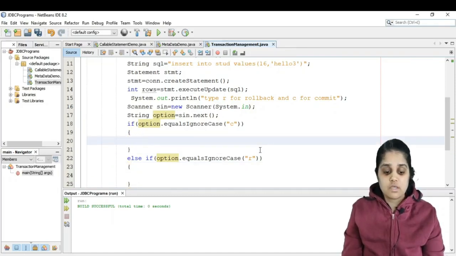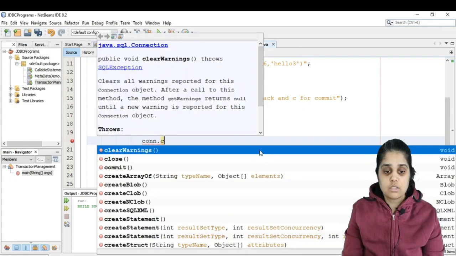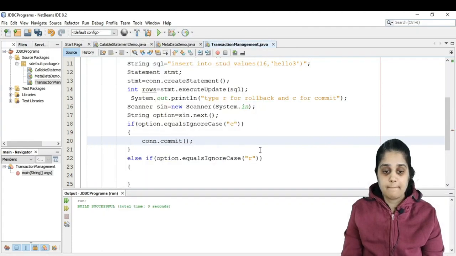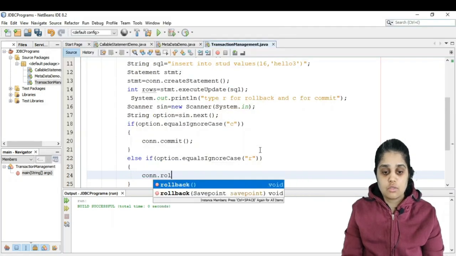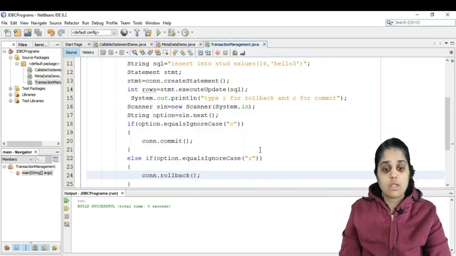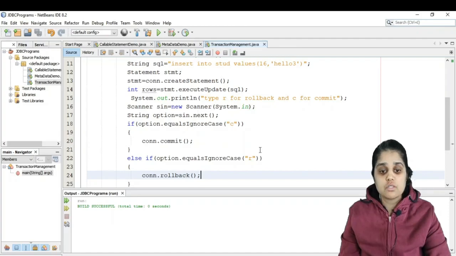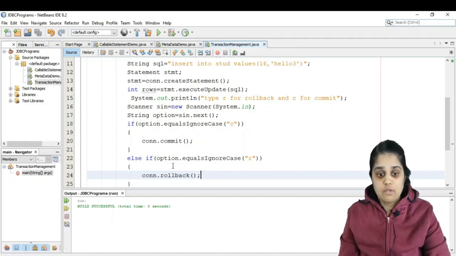So if it is this, then con dot commit, otherwise con dot rollback. So you have two options. If the user wants to commit, he can type C, and if the user thinks there is some error in inserting the data, he is going to do a rollback operation.